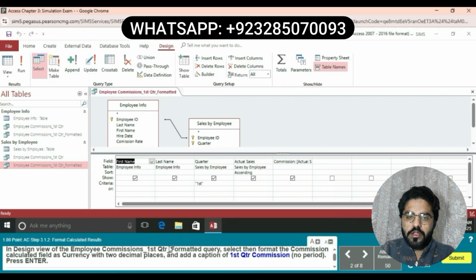Question number 2 is, in design view of the employee commission first quarter formatted query, select then format the commission calculated field as currency with 2 decimal places and add a caption of the first quarter commission, no period, press enter. First you will go to the design tab,